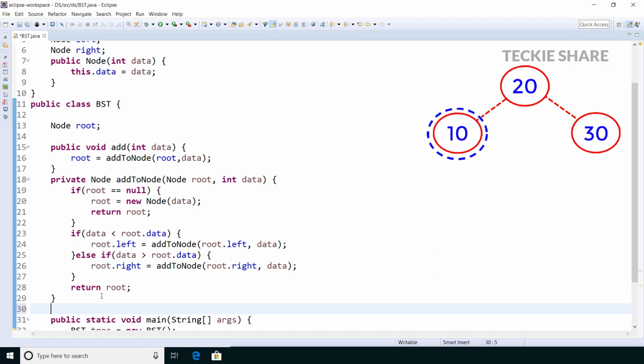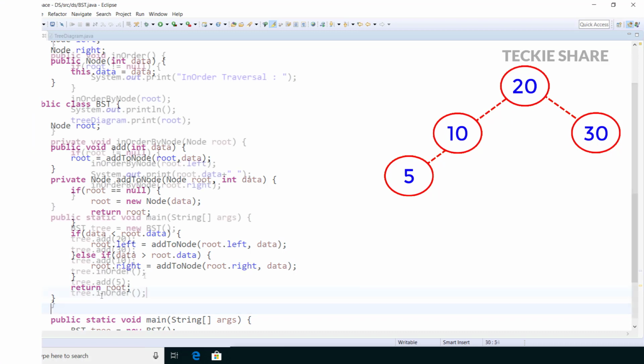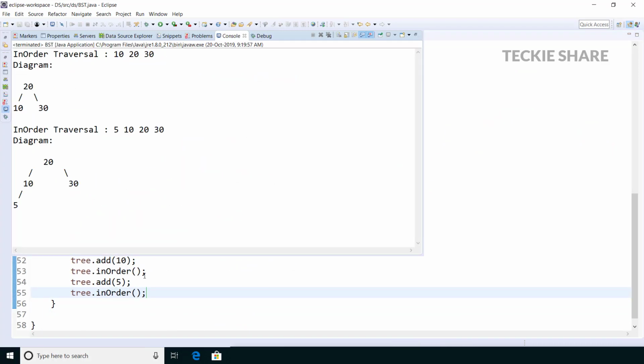So finally the node 5 will be the left child of 10. The node was created as a left child of 10. Let me verify our implementation. Yeah, the 5 was added as a left child of 10.